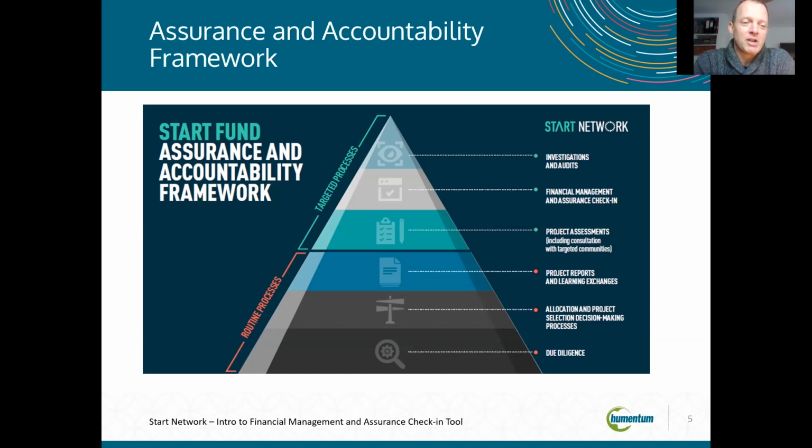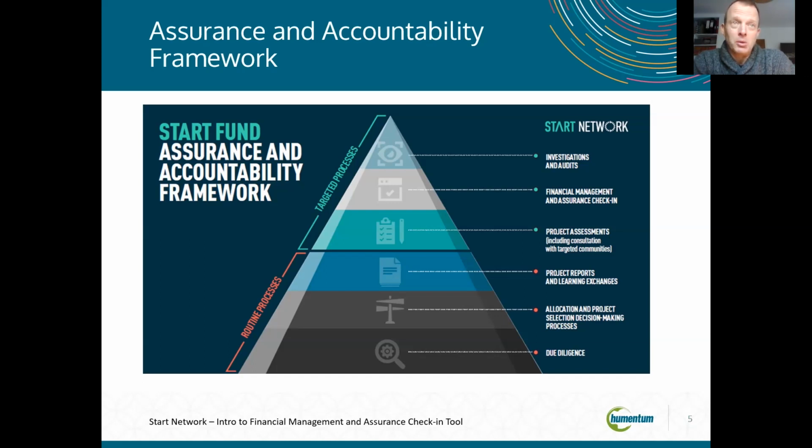Some of the routine processes completed with all Start Network members, for example, due diligence at the very start of the time that a member works with the Start Network. And then through the Start Fund grant awarding process, there are routine processes around project selection and decision making, and then routine processes where a project is completed, so completing project reports and learning exchanges. And then, for the vast majority of